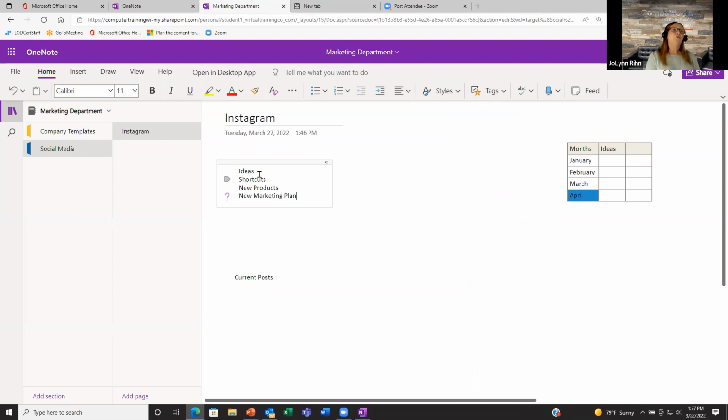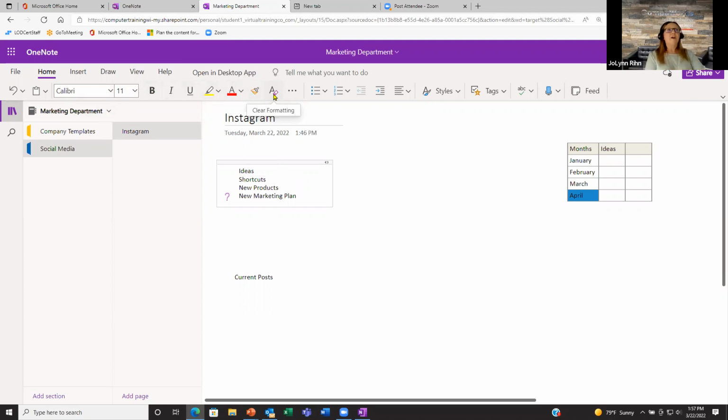Okay, so I'm going to do a little bit more with this. I'm going to format ideas, because ideas is actually my heading. Now, if you're familiar with formatting in any of your Microsoft programs, you have your basic font size, which of course we get Calibri size 11 by default in all Microsoft programs. I could do bold, italic, underline, all of these choices. I could even clear my formatting. So if I had applied formatting and I don't want it, I could clear it out, just like your other